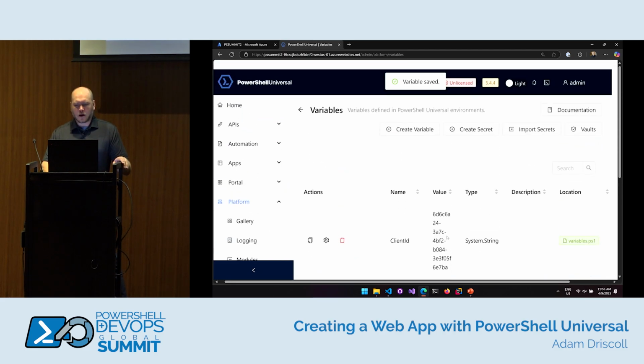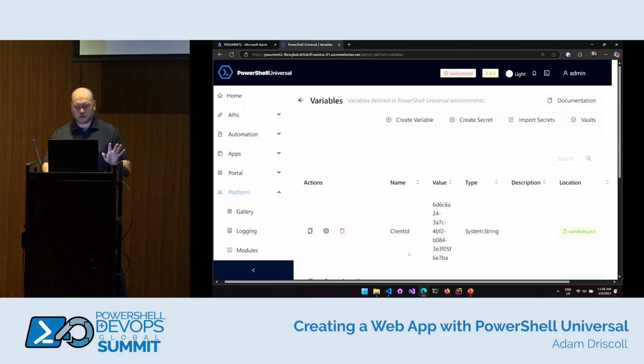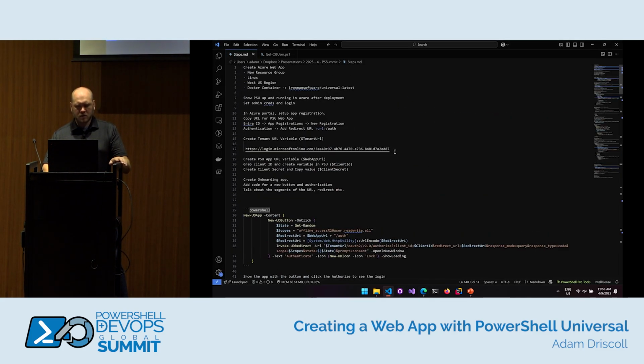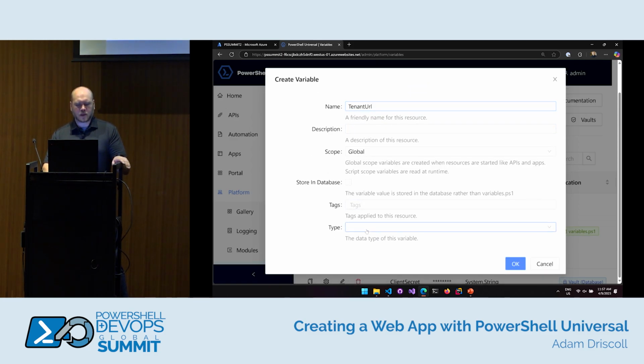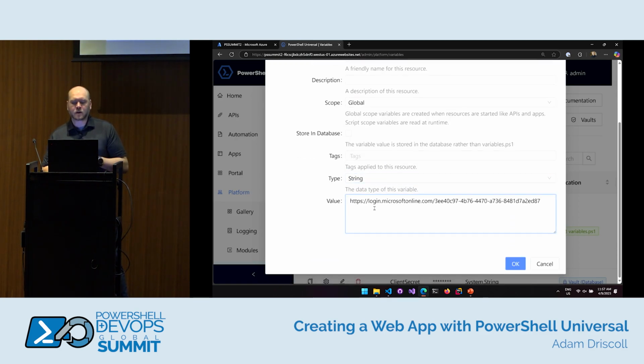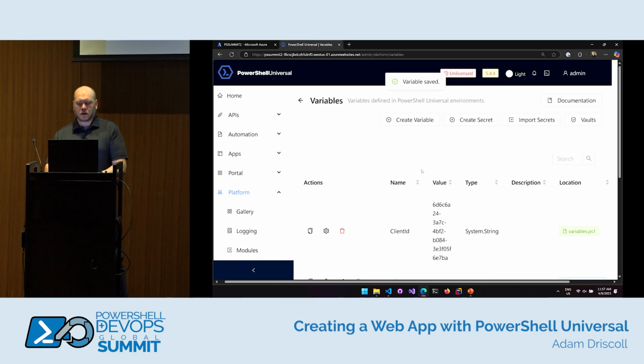And then finally, I need my tenant ID, so we know where to forward to log into. So I just have that URL here, just because it's easy. And let's create a variable for that. So tenant URL. So this is kind of like the standard Microsoft login. If you've ever configured something like SAML or OpenID Connect with Azure, this might be a familiar URL. So I click that, and now we have all the variables we need to actually go ahead and set up